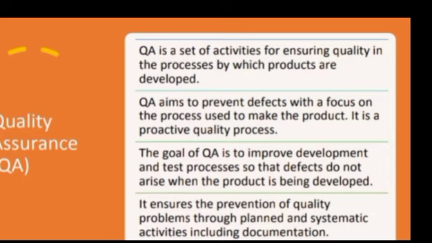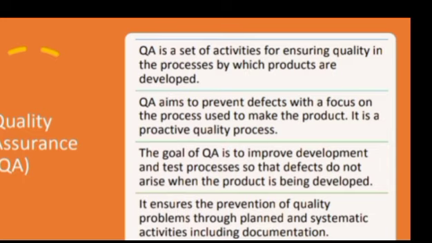QA is a set of activities for ensuring quality in processes by which products are developed. QA aims to prevent defects with a focus on the process used to make the product. It is a proactive quality process. The goal of QA is to improve development and testing processes so that defects do not arise when the product